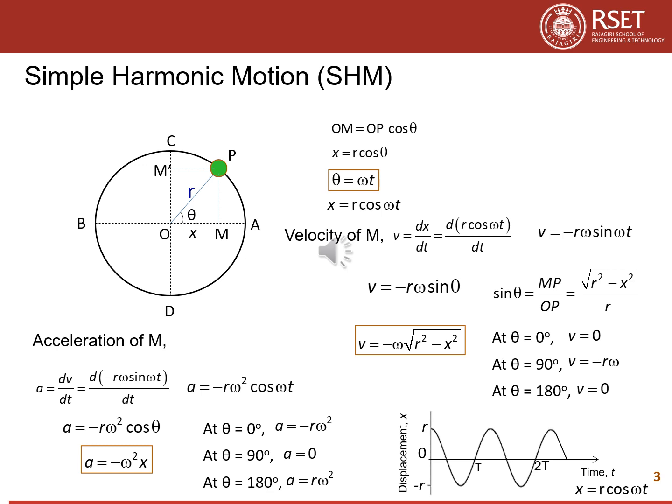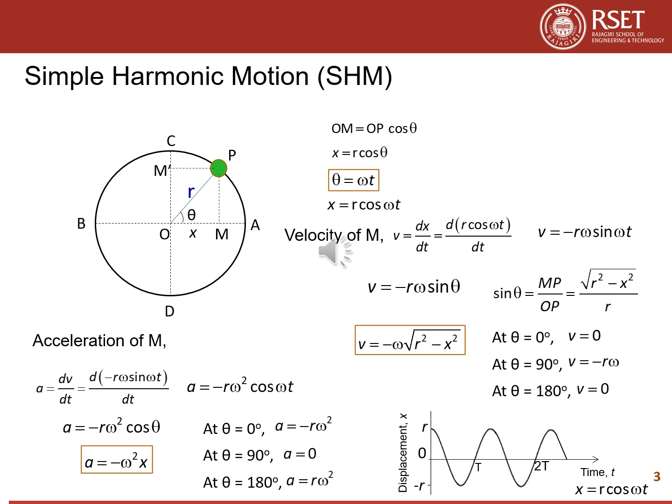Now if we substitute different values of t, that is if you want to plot a curve between displacement and time as given in the figure, we know that cos omega t will vary between -1 to 1. That is, the value of x will vary between minus r to r, and that is what is given in the figure below. Now if you want to find out the velocity of M, we know that velocity is equal